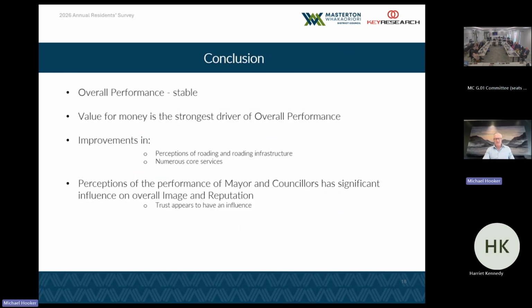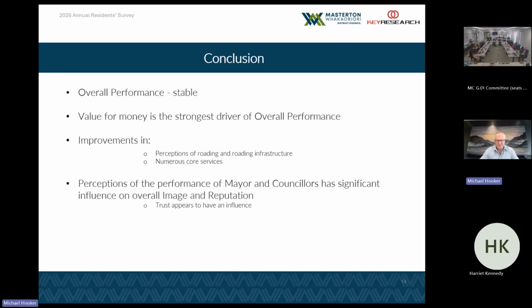And then finally, just concluding statements here. So we saw that the overall performance metric has remained stable. So that is a good news story. Part of the good news story is driven from the fact that value for money perceptions have improved. It is also the strongest driver of overall performance. And as I alluded to, the fact that it was perceived to be so strong held that overall performance level where it was. We saw really good improvements in numerous core services, and particularly in perceptions of the roading and